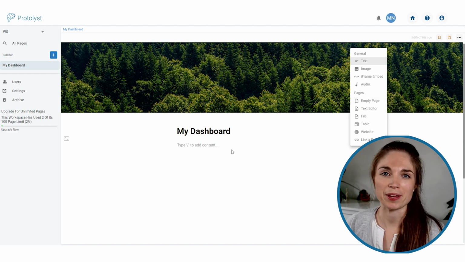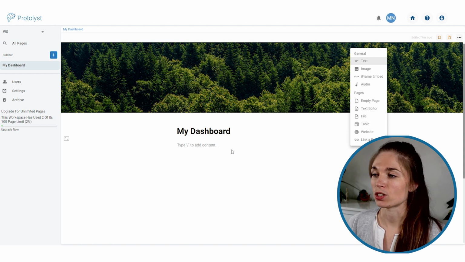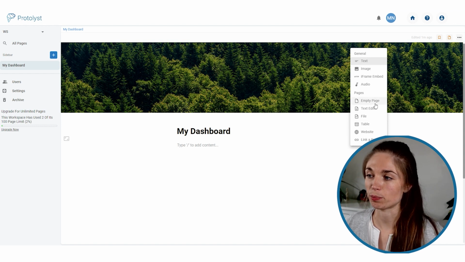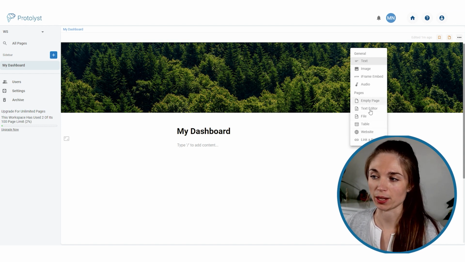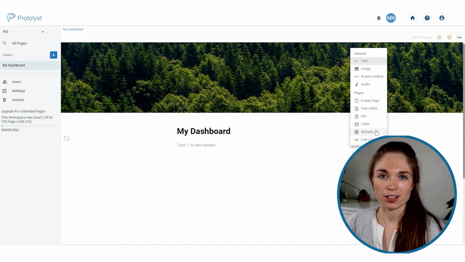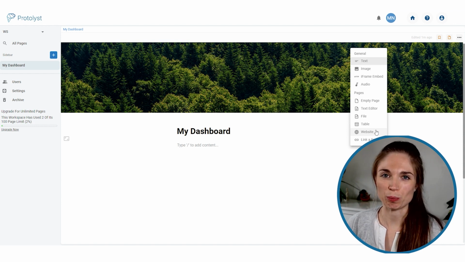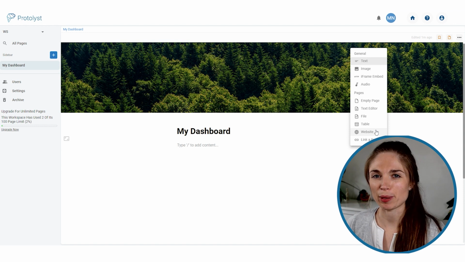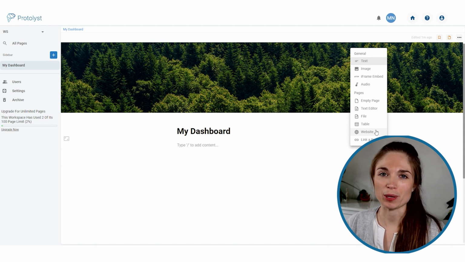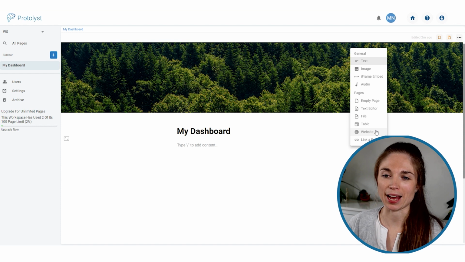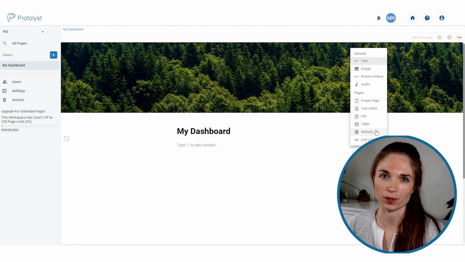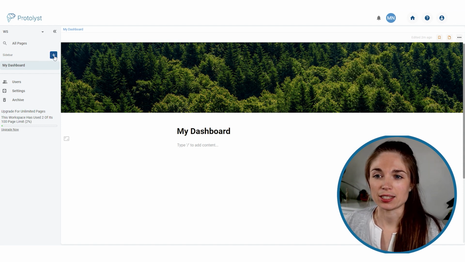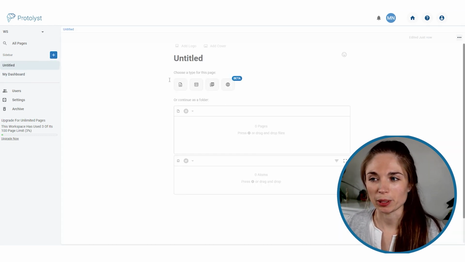page. Now at the moment, our workspace is completely empty. We haven't added any other pages into it. So from this add section menu, you can add new pages. In this page section here, you can see all the different page types available on Protolyst. Because I think that dashboards generally you'll be building when you already have a selection of pages in your workspace, I'm not going to be adding the pages directly. I'm going to be adding them so that they sit elsewhere in the workspace and then linking to them from the dashboard. So I'm going to go back to this add page button at the top of the sidebar, and